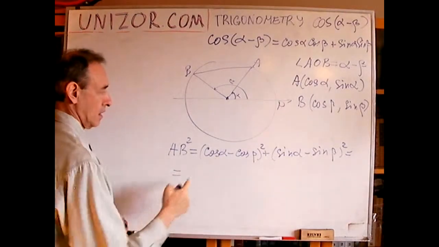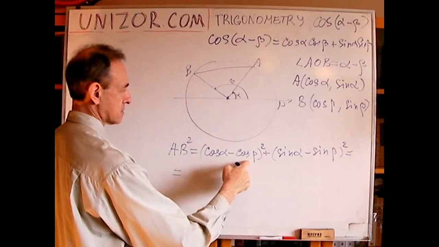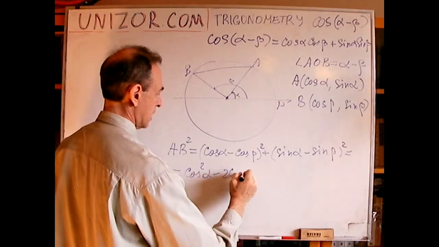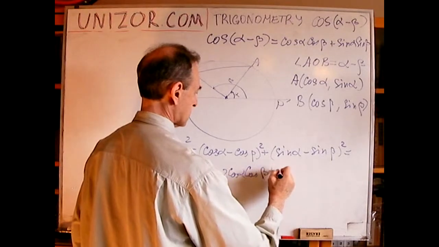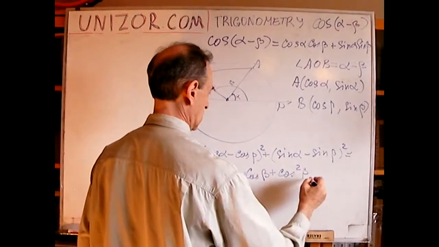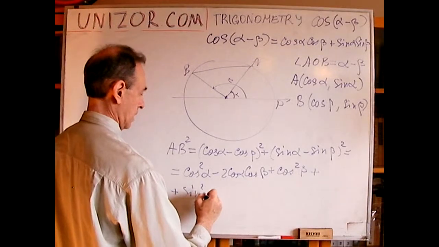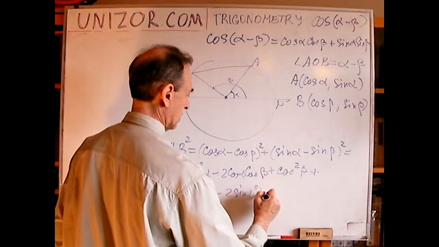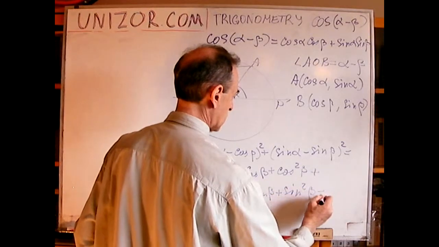Okay, let's open up: cosine squared alpha minus 2 cosine alpha cosine beta plus cosine squared beta plus sine squared alpha minus 2 sine alpha sine beta plus sine squared beta